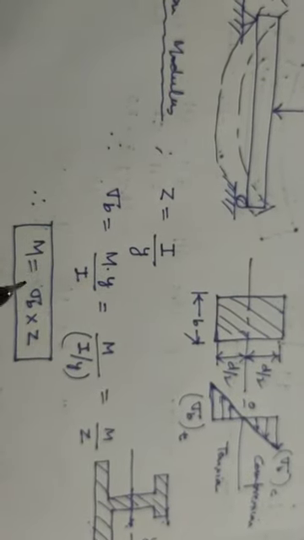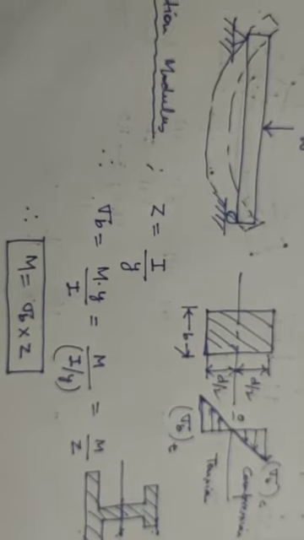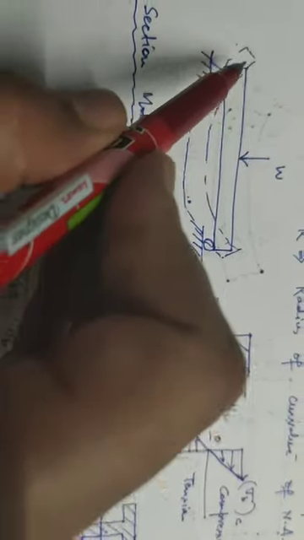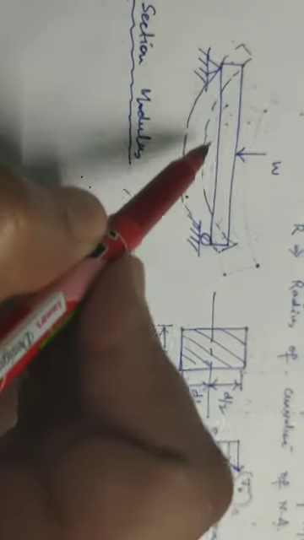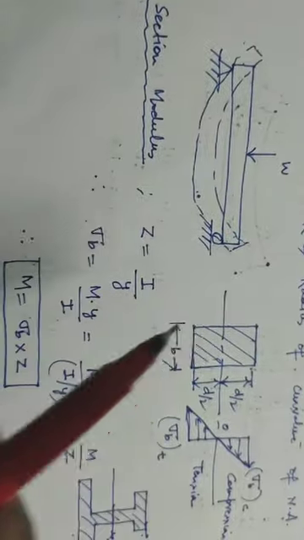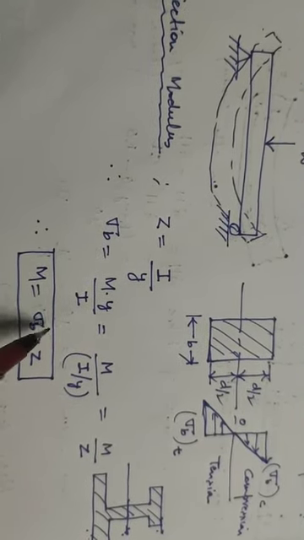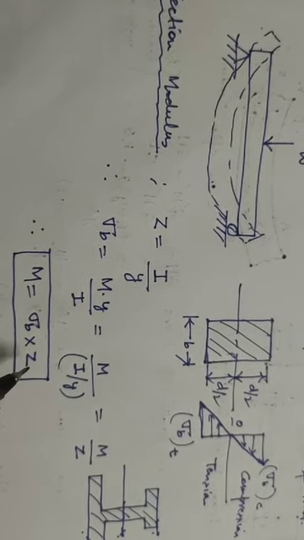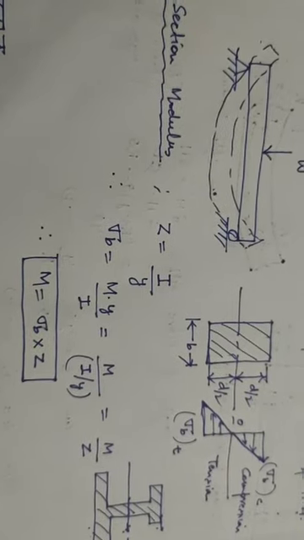and this moment of resistance will tell us कि जब भी किसी बीम के ऊपर लोड पड़ेगा, वो बीम जो है वो उस लोड को, how much is the resistance of this beam to this load, to this bending. So that is the bending moment of resistance, and that is directly proportional to your bending stress or directly proportional to your value Z. Now I will tell you how to calculate the value of section modulus for various figures.